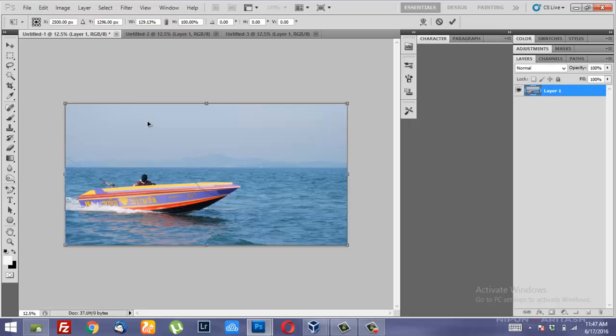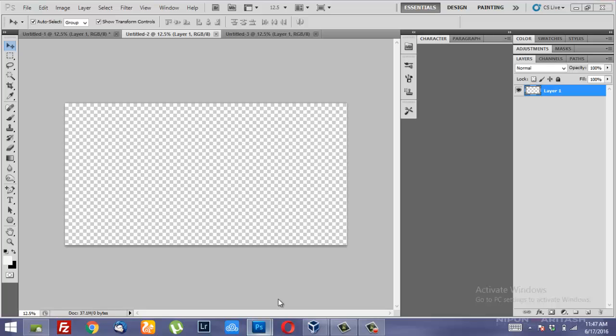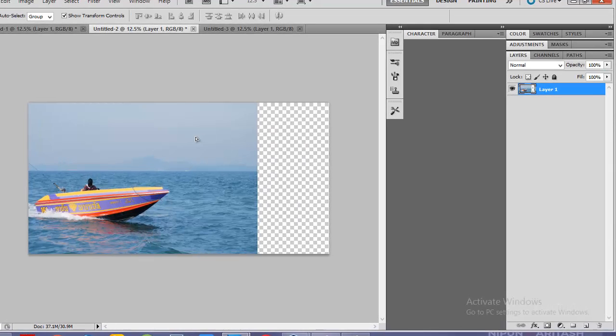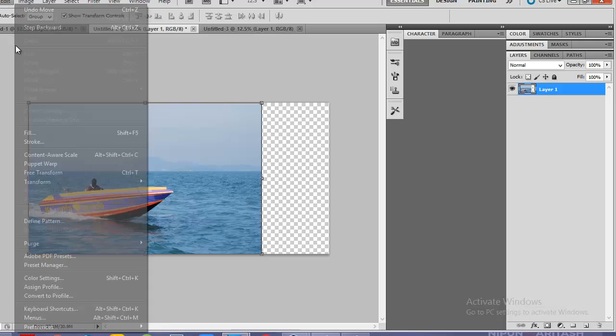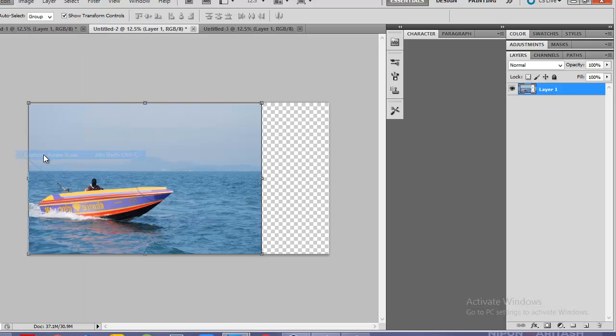but the shape of the boat has elongated. The main subject in this image has elongated, which is making it look a little weird. Now what I'll do is, I have a blank canvas and I'll import this image once again. And now if I go to edit and if I select content aware scale,